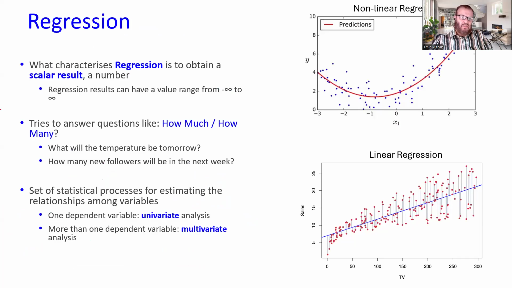An example of the regression here, guys. We have a non-linear regression and we have linear regression. The linear regression is very simple. You have Y as a function of one X only. In this case here you have the sales versus the TV. That's the linear one. And a non-linear one, for instance, Y is a function of